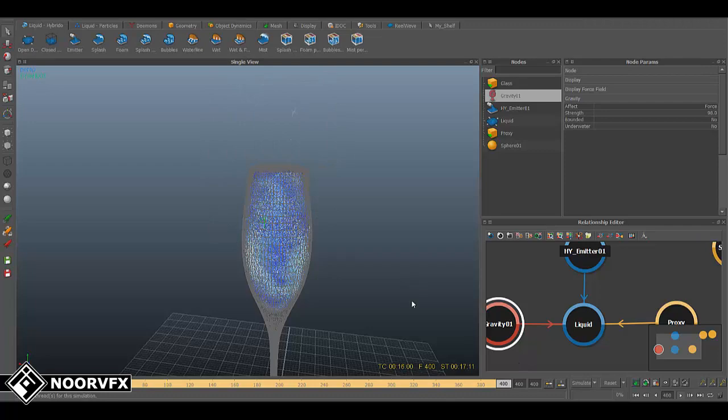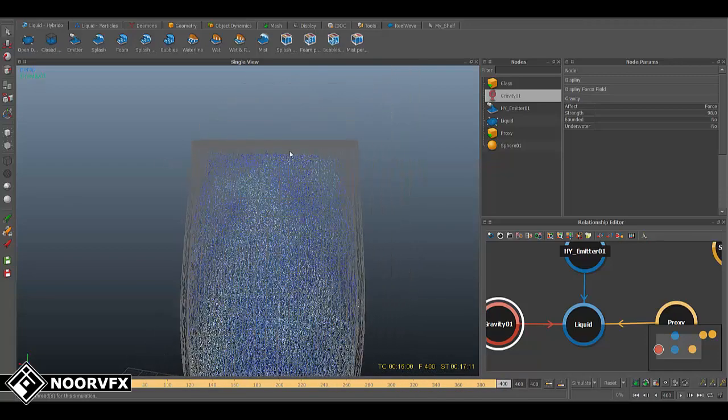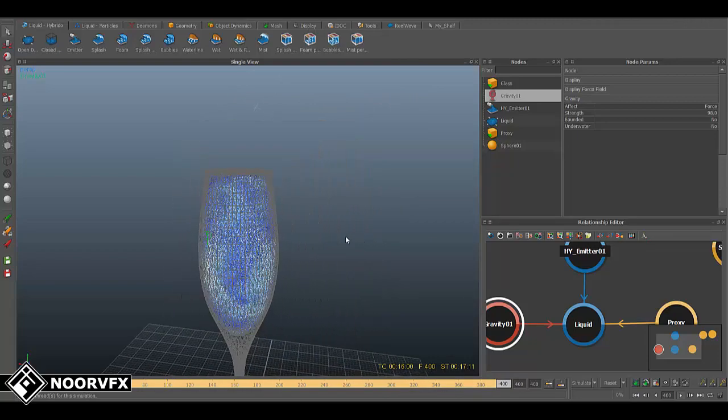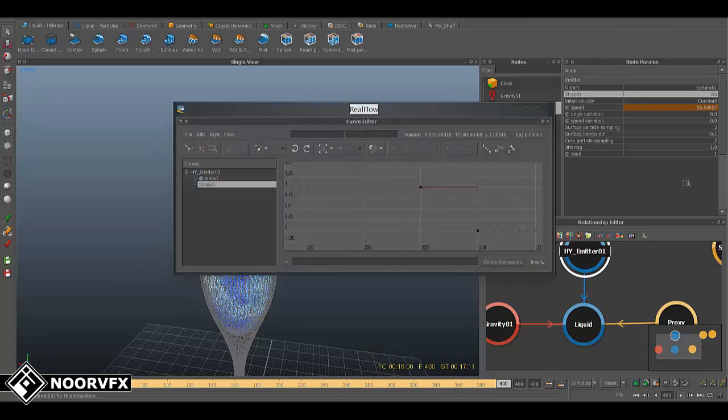All right, as you can see, the glass got filled higher than expected. Let's select the emitter once more and let's change the settings